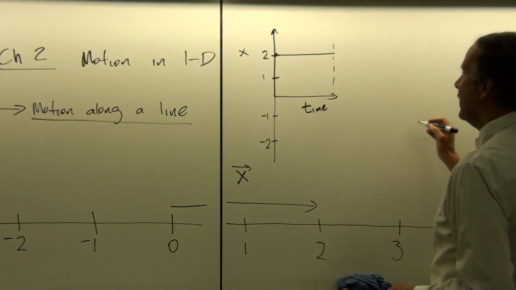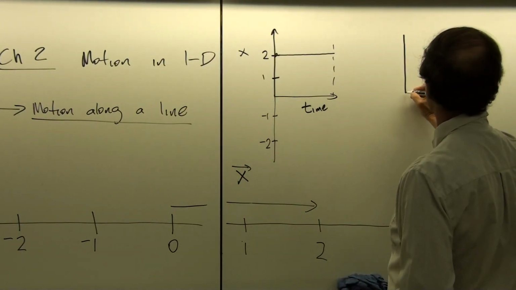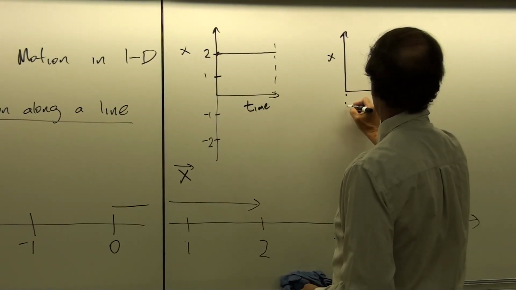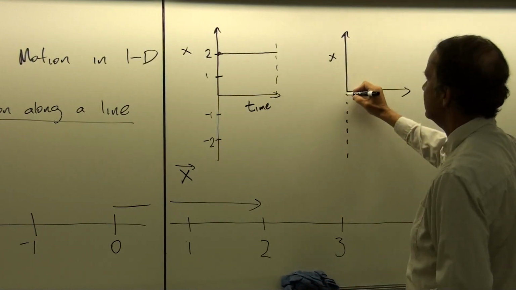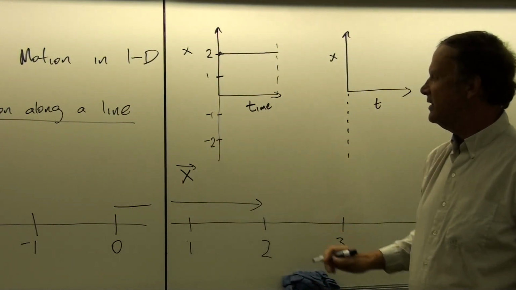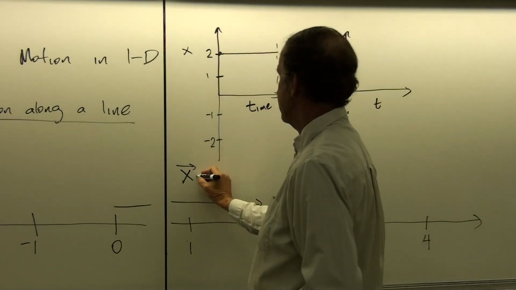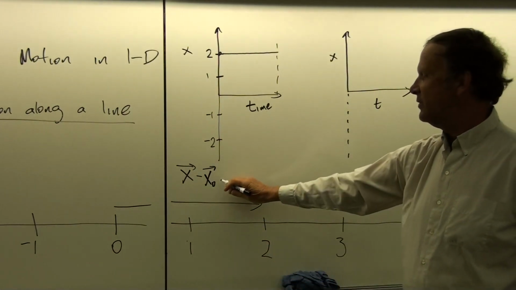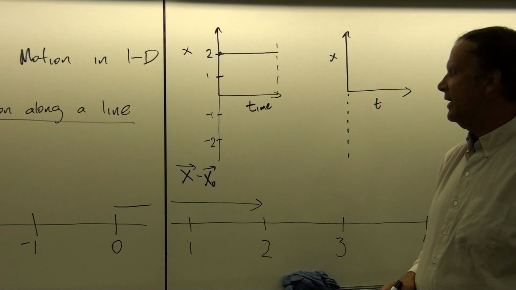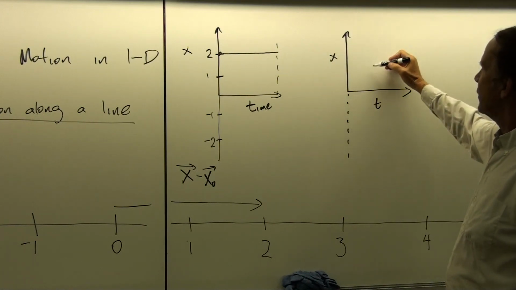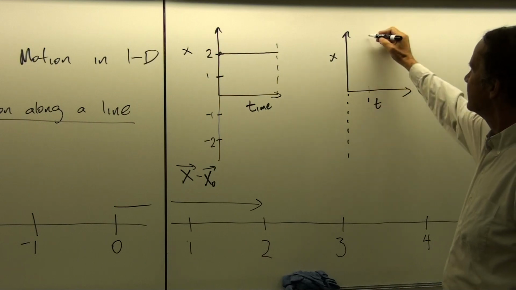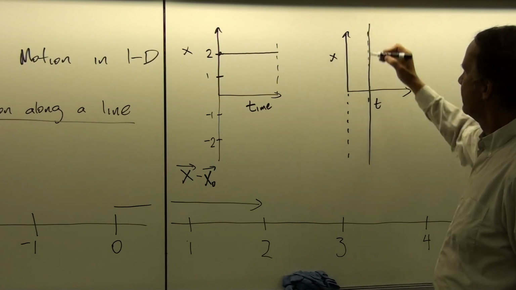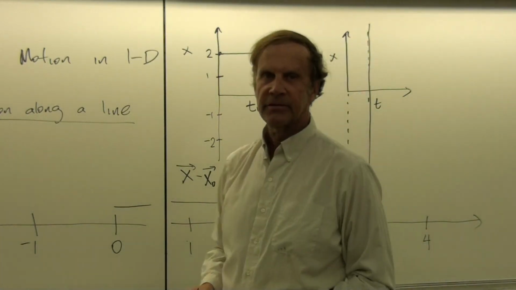Okay, now, what if my plot looked like this, though? X versus t. Okay, so the time is on the horizontal axis. The x displacement, which is the vector, sometimes in your book this might be called x minus x naught, but we're calling x naught here 0, so that we don't have to worry about that kind of thing. But what if we had something where at time equals 1 second, this was my plot? Think about that for a second. Is that possible?